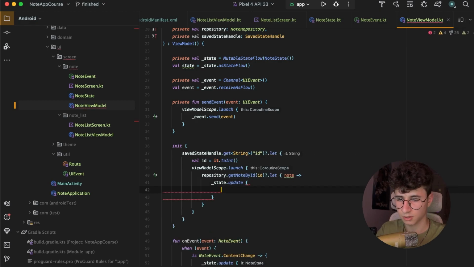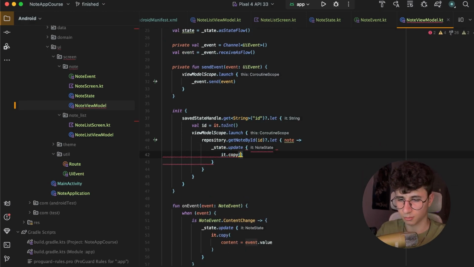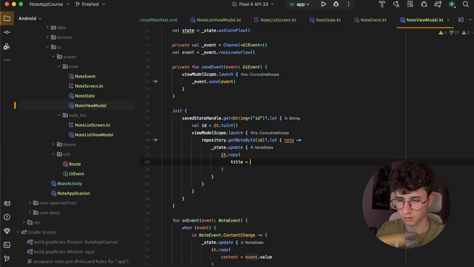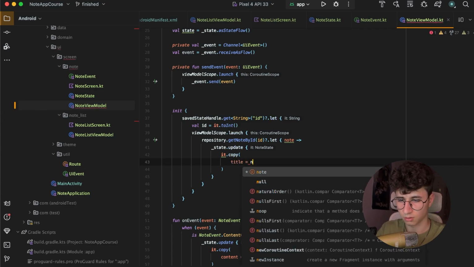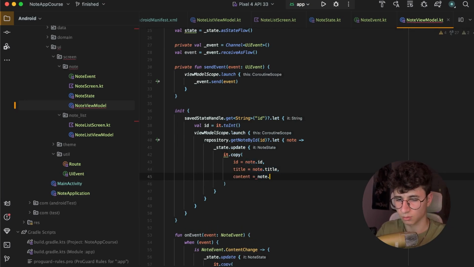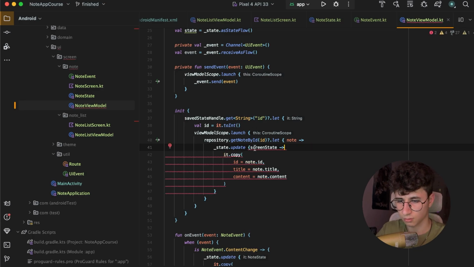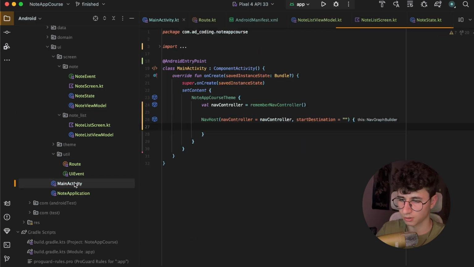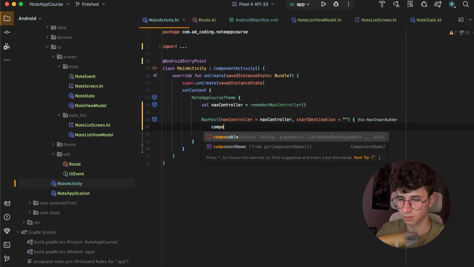and let's update the state with the new node. So state update it.copy, and say title is equal to node.title, the ID is equal to node.id, and the last thing we need is the content, which is equal to node.content, and let's replace this with screenState because we are already using the it. So let's say screenState.copy, and now let's go back to the main activity and set up the first screen,